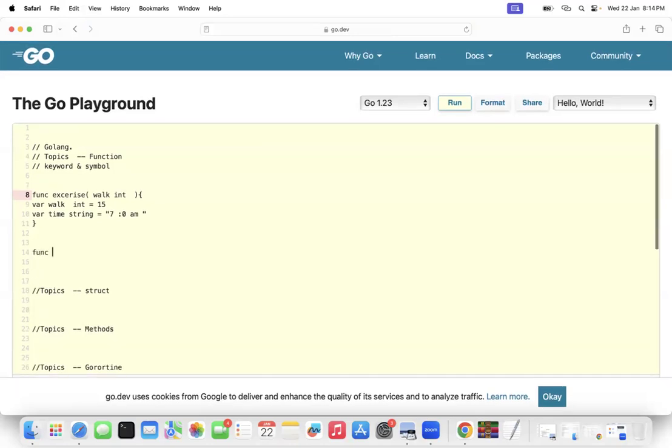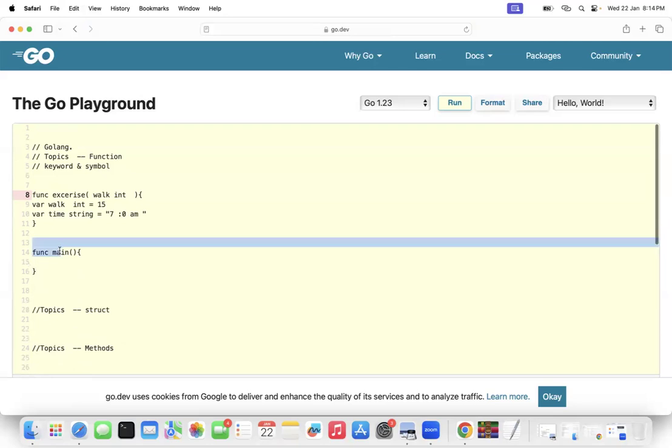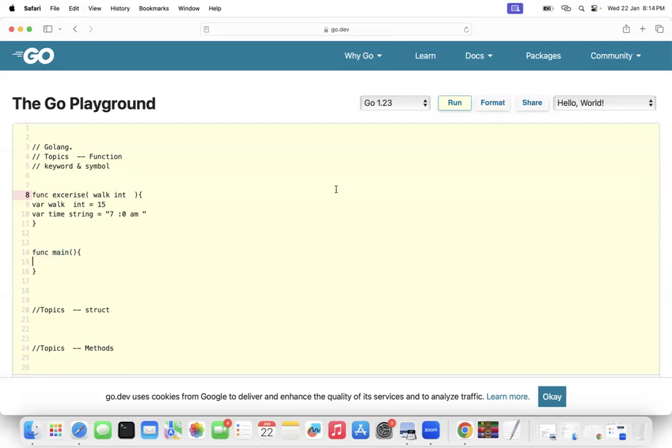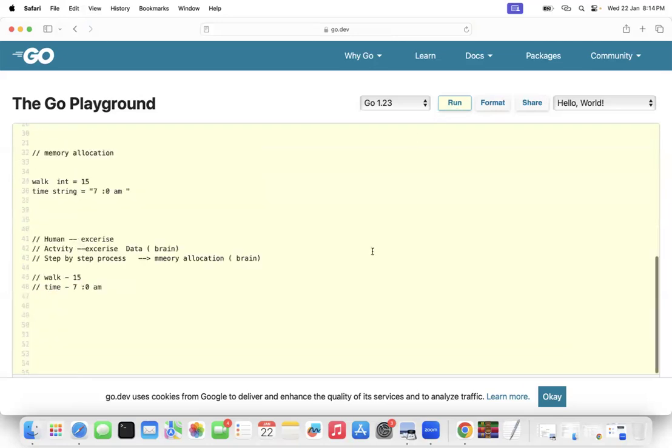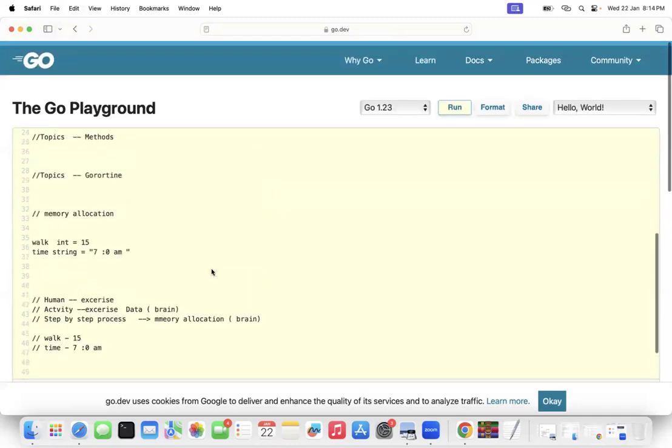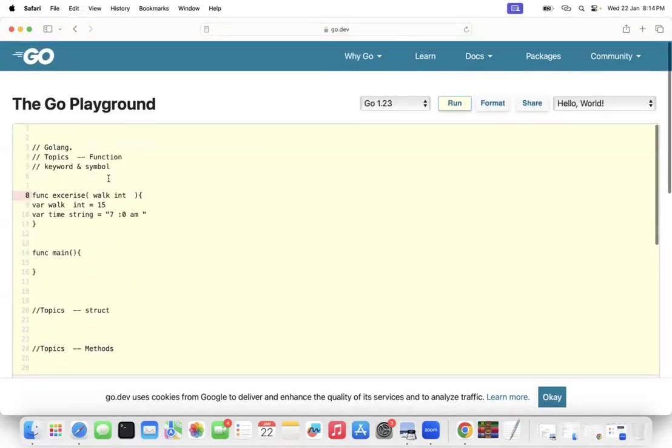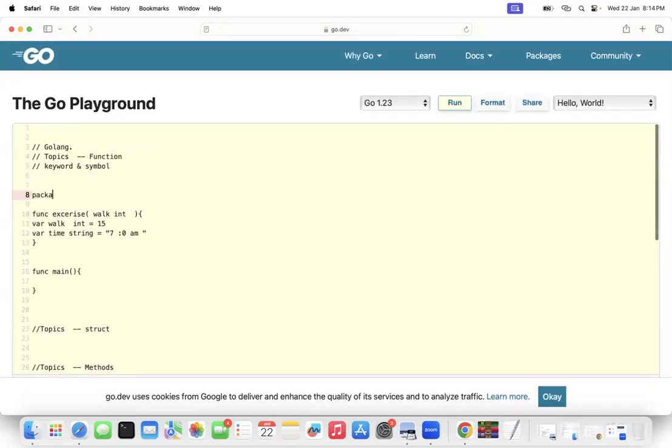The default activity is what? Write one activity name called what? Main. So main is the default activity. Every time you write an activity of code, it should be main. So the activity name is main. Now run this code, you will still get an error saying that package is so. It means the starting line of any code in Go should be main activity.